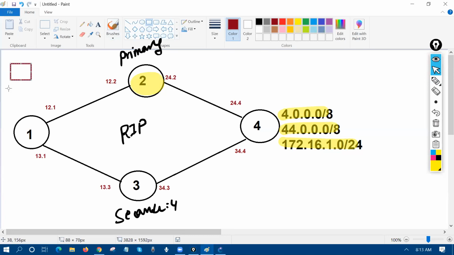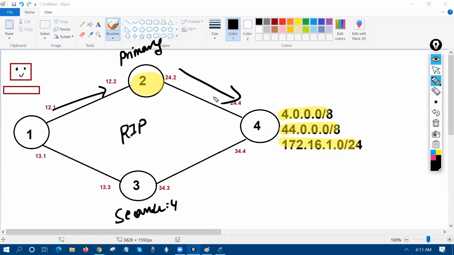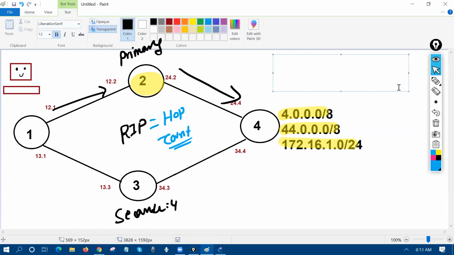sends any traffic to this subnet, 4.0, 44.0, it always goes via router number 2, always, because this is my primary path. So if I'm going to run the RIP protocol, in that case, what happens? We can use the hop count to manipulate the path. If I'm going to use the RIP protocol over there, in RIP we have hop count to manipulate the path,